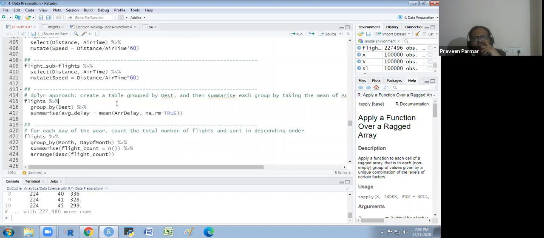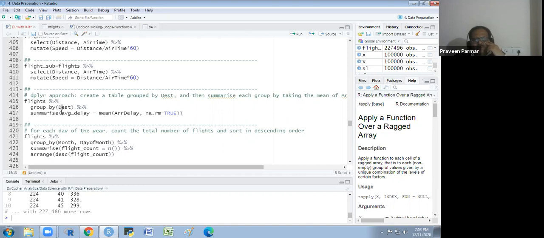So with the dplyr approach, create a table grouped by destination. We have seen the filter function, the select function, and the mutate function. Now we see the group by function. We group by destination, and after group by you have to summarize it. You want the sum, or whatever you want.